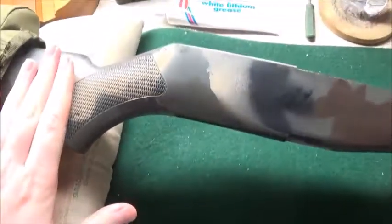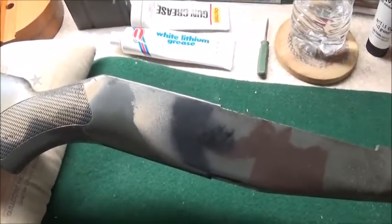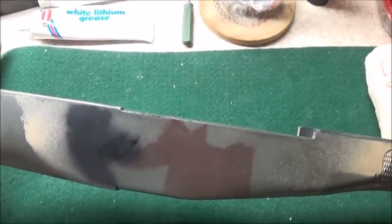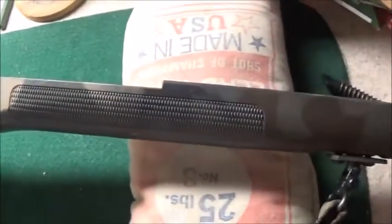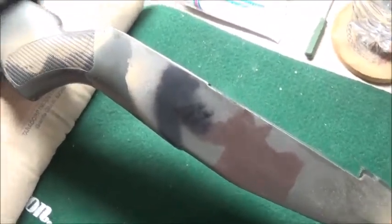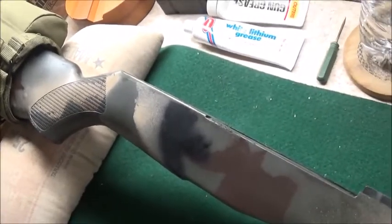This one came in a plastic bag, and my AR-15 came in a plastic bag as well. I believe my Remington 700 ADL 243 did too. They come covered in like a protective coating of oil, and that is to preserve them, just in case Remington or Springfield were to just roll one off of the line, like a Remington 700 or M1A. They just rolled it off the line, ran a few rounds through it, made sure it was all good,